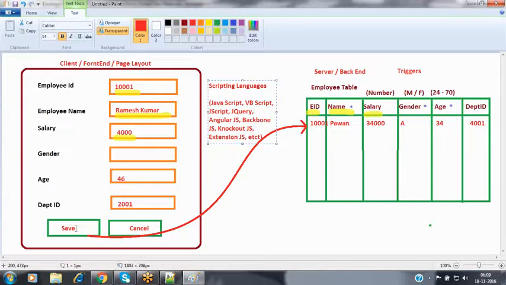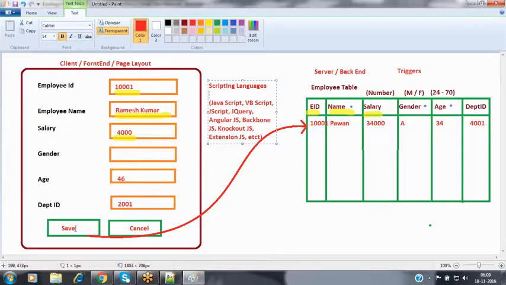No. The page layout code cannot be modified by the user. We can only customize the page layout given by Salesforce. Like, you can add some sections, you can place some fields, you can make some fields mandatory. Only those options we can perform. But we cannot include any scripting language code inside your page layout.